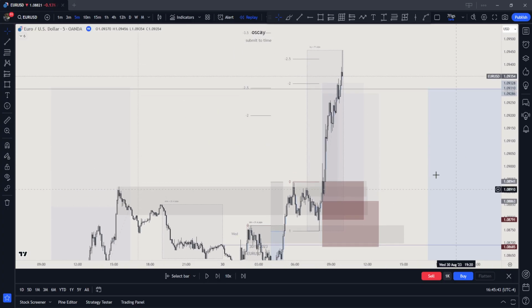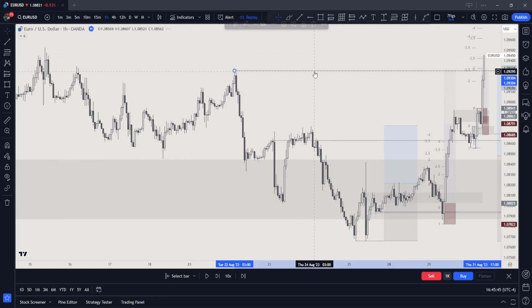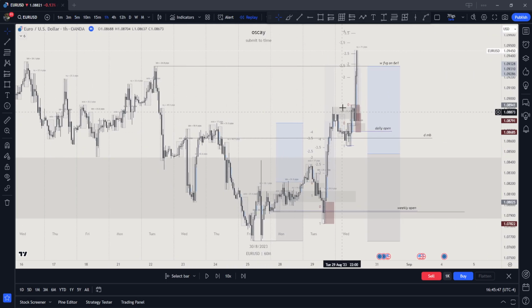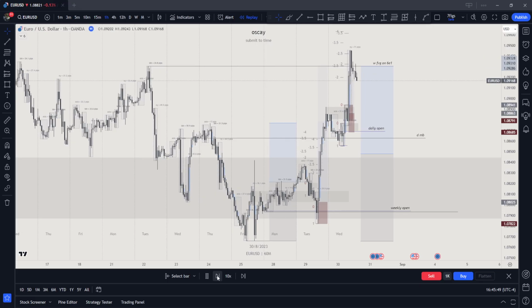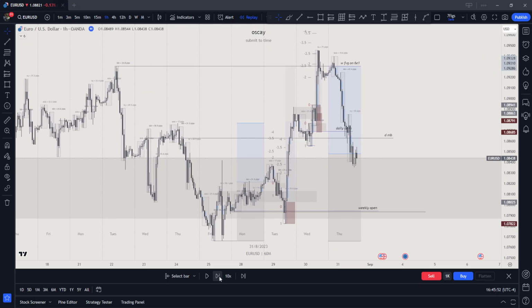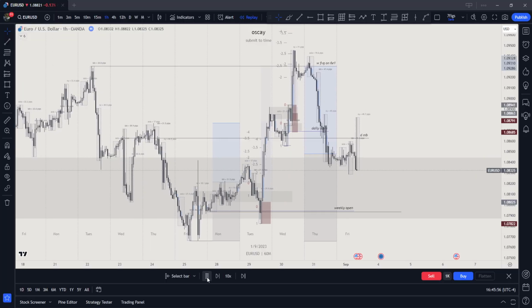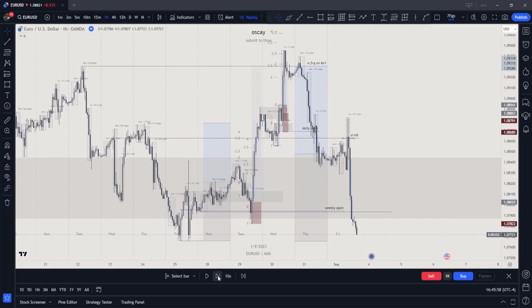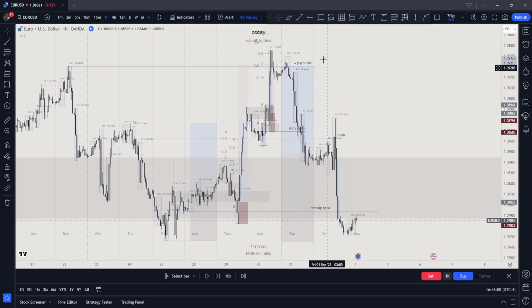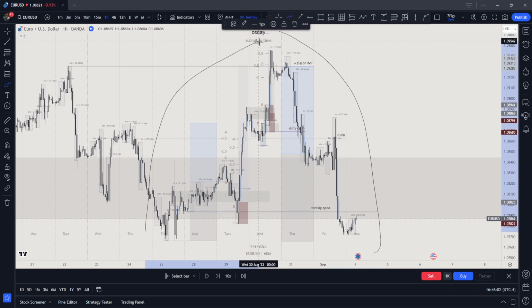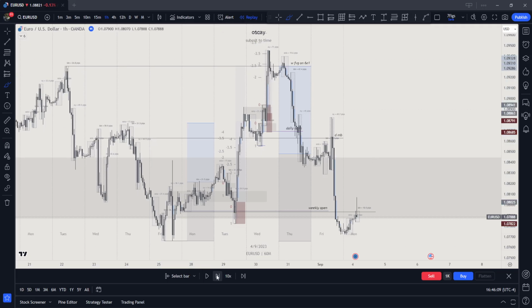Boom, man, I'm going to milk August. Beautiful, beautiful, beautiful. Wednesday done. We're done for the month. Predicted it perfectly. Look at that. Manipulation of the month. And now let's see what NFP is doing. As expected, market maker model complete. This mentorship price is going to go up to 1 million because the value I'm providing is insane.